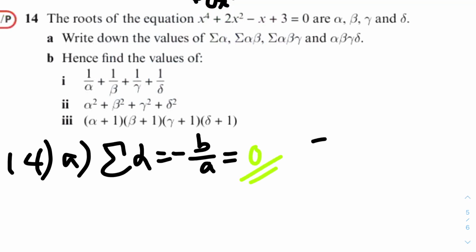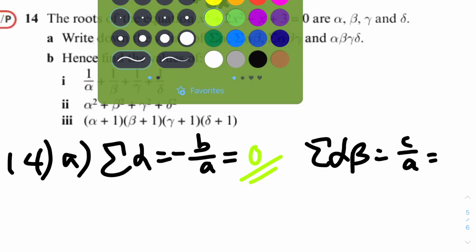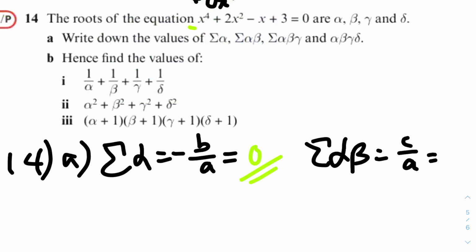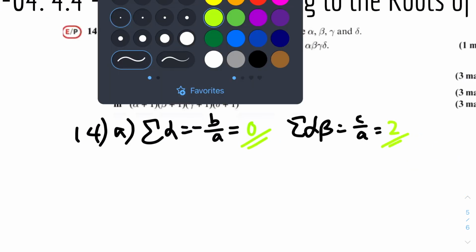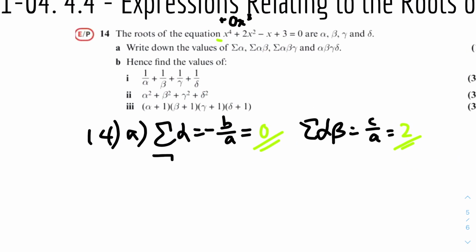And the sum of alpha beta is equal to c over a. And c is 2, and b is 1, and a is 1. So this is equal to 2, like so. And the third expression, the sum of alpha beta gamma, is equal to minus d over a,